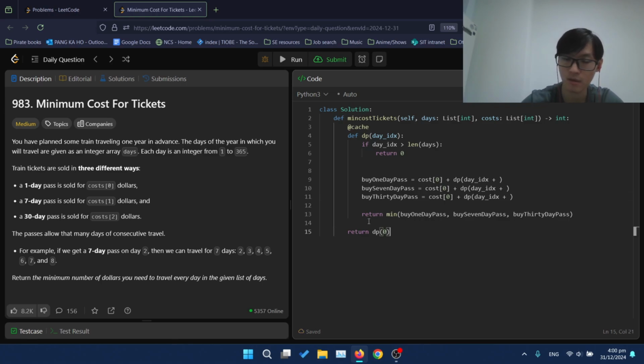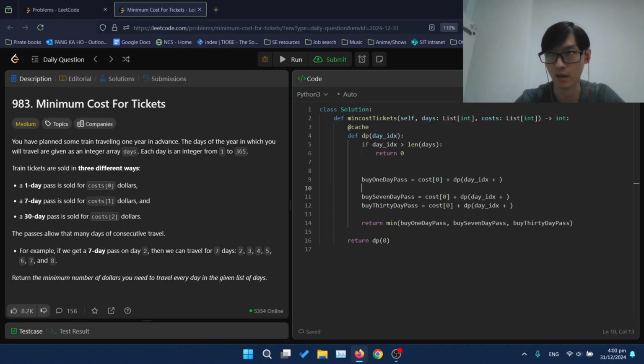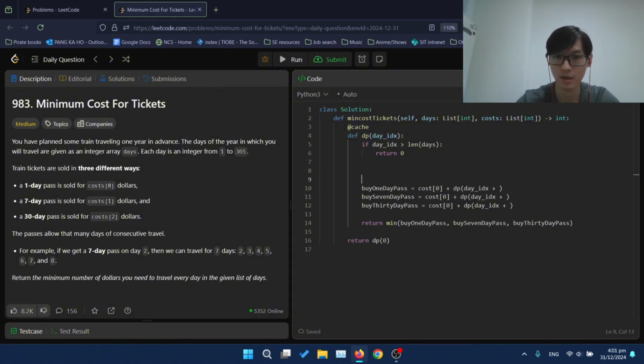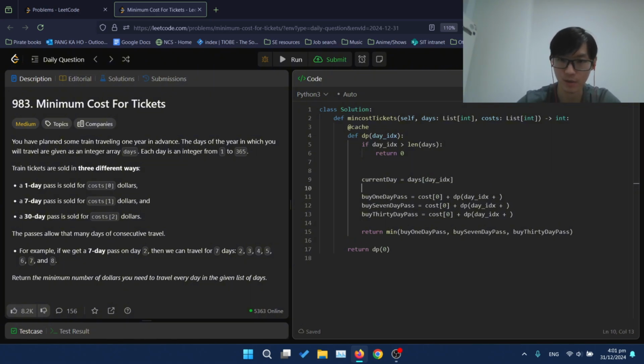So how do we calculate the next day when we need to buy another ticket? The current day would be days of day index, and if we buy a 1-day pass, that would be current day plus 1.